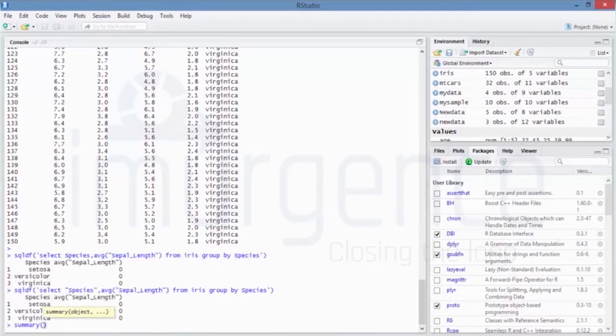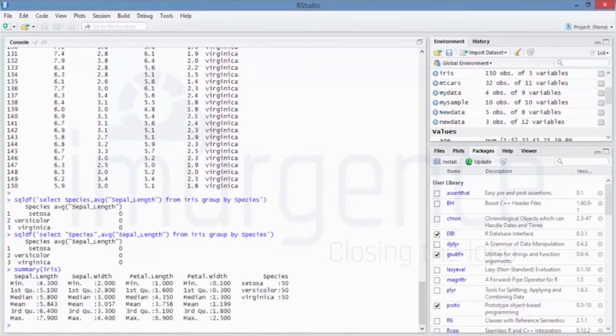Summary of iris. Okay, it's simple dot length, and that's why the reference is not coming correct, I guess. Just have a look at